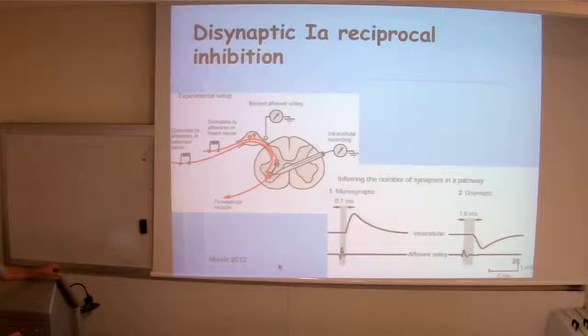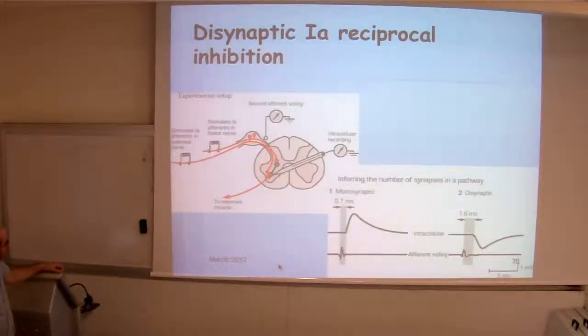The synapses on the interneuron are inhibitory. So the antagonist muscle is actually making inhibition on the motor neuron of its antagonist muscle. Now you see that it becomes a little bit more complicated. And if you record the responses, if you stimulate that one, you get right after